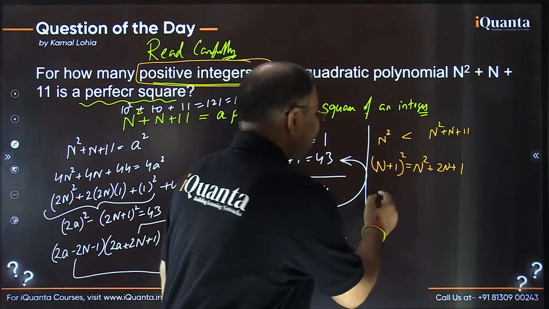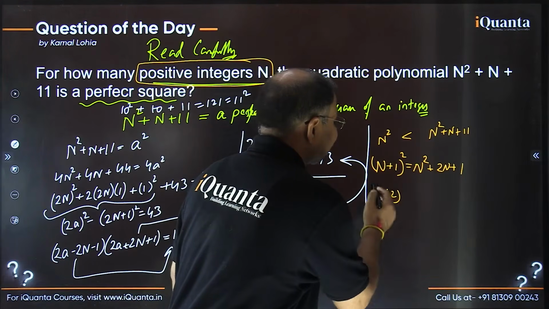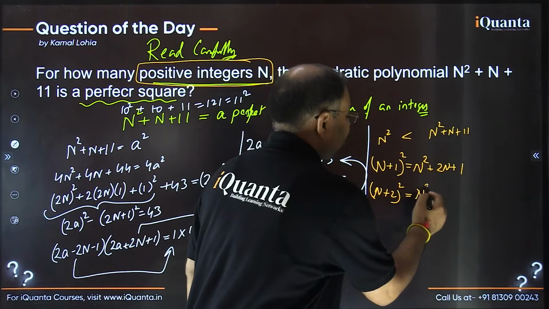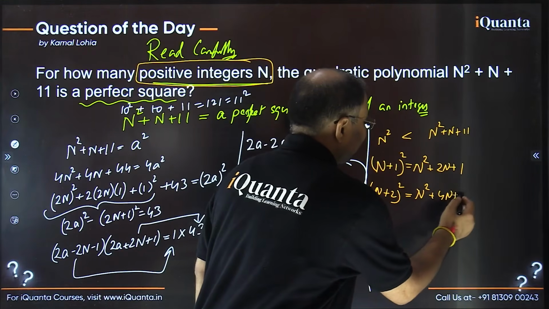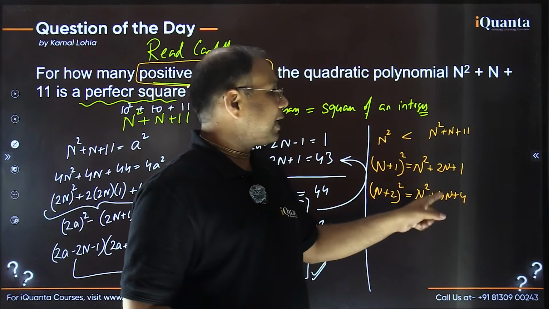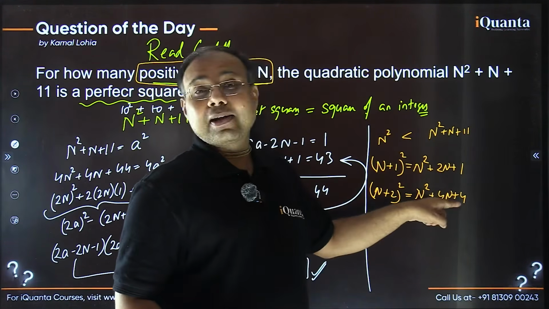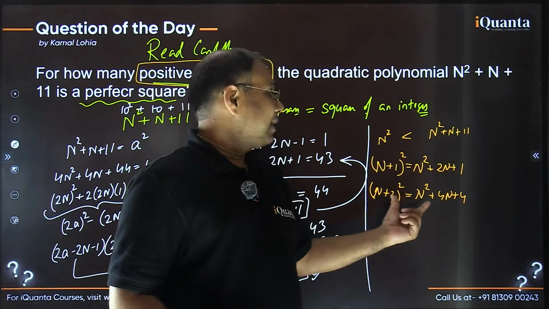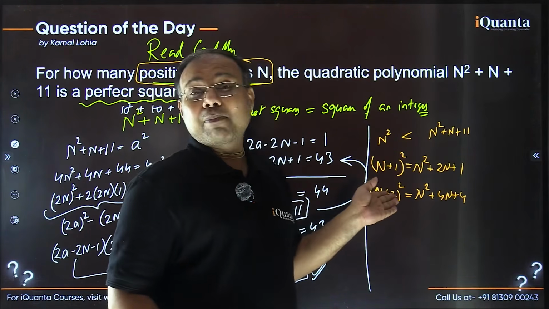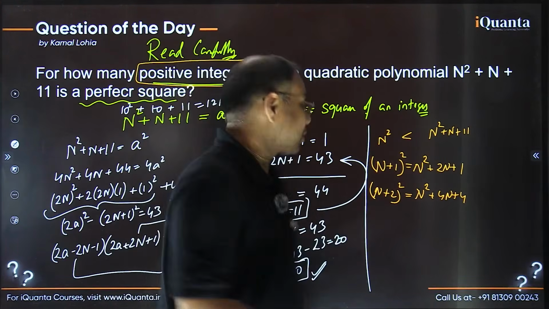Okay, if I talk about n plus 2 whole square, which is actually n square plus 4n plus 4, isn't it? So now n square is the common term, but 4n is more than n, but 4 is less than 11, right? So again, I don't know whether this expression is more or less than n plus 2 whole square, not sure. If I take n plus 3 whole square,